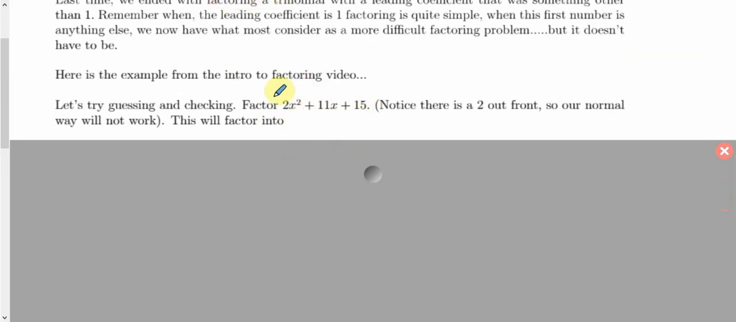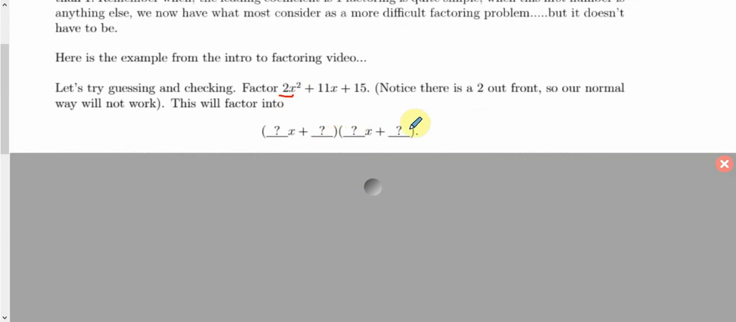Notice that it has a number out front. It has a 2 in front of the x squared. So if I'm going to factor this, it's going to factor into two binomials, and the first two terms have to multiply to give me this 2x squared. So they're both going to have an x and an x to make x squared, and they have to be two numbers that multiply to 2. The last terms